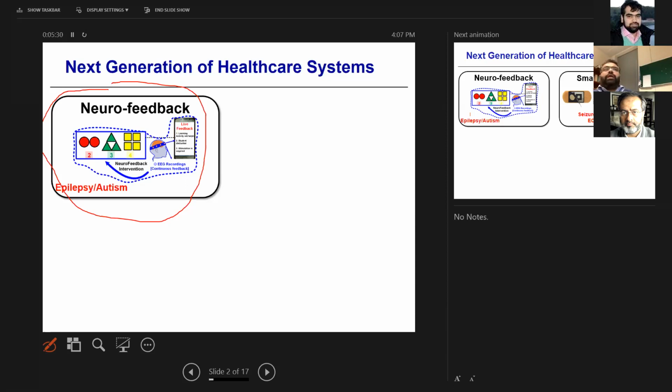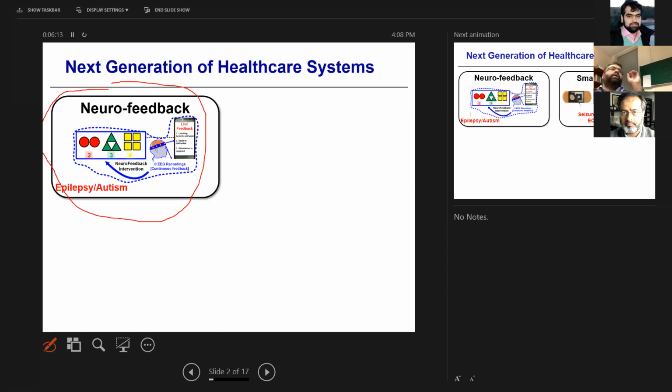Another application is autism, where a child might need some learning help. He's focusing, but he is not able to get what is being taught to him. A simple example: somebody is teaching you what the squares are, or the quantities of numbers like 2, 3, 4, but your mind is not taking them in, and you get frustrated and blast. But if you detect those particles when you are going to blast, or why you are not understanding, and give some medication, give some stimulation, change the way you are doing things, giving some sort of real-time feedback can help the person a lot. So that's the whole idea.